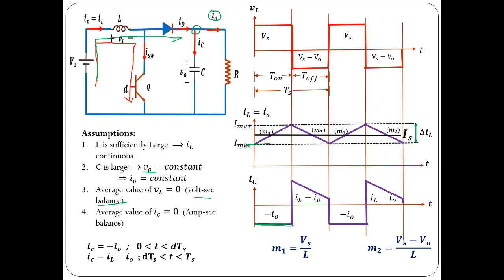And what about the IC value during the off period? That is equal to IL minus I naught. You can see that IL is falling this way, and I naught is constant, so IL minus I naught would be parallel to this particular line. So this way you will have the current through the capacitor, IL minus I naught, look like this. This is the waveform of current through the capacitance for one complete switching period, and the same waveform will repeat for the remaining cycles also.